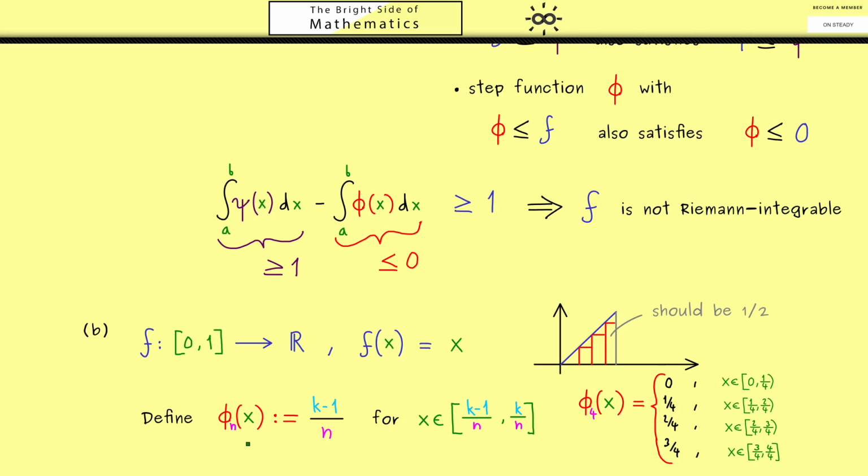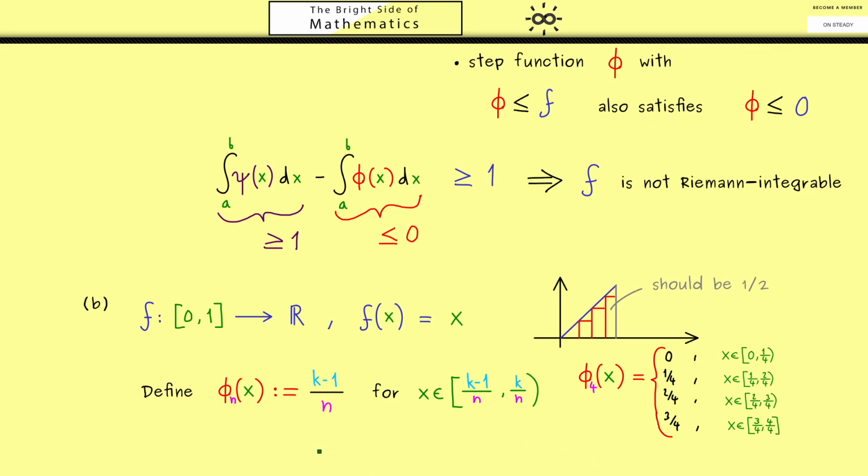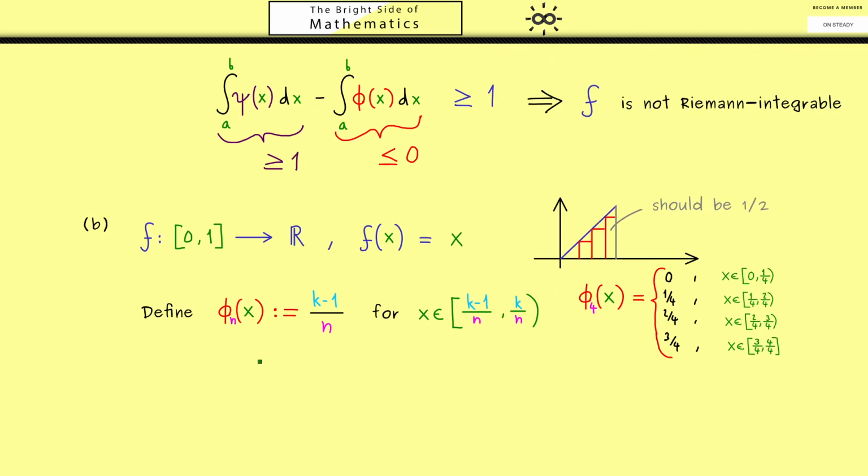Okay, maybe it's not so precise because here we should have chosen an open interval. However, then you see it will clash with the last case here. However, we can ignore all of that because you already know for the integral the boundary points here don't make any difference. Speaking of the integral, maybe let's immediately calculate the integral of phi n.